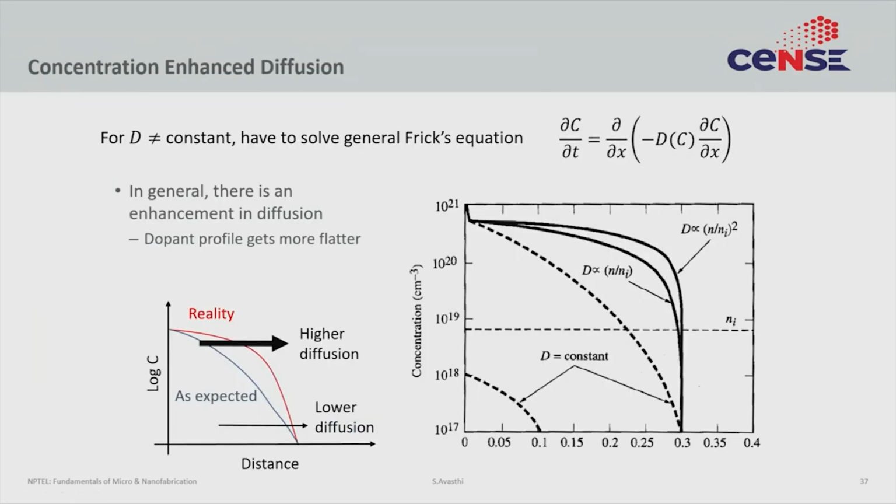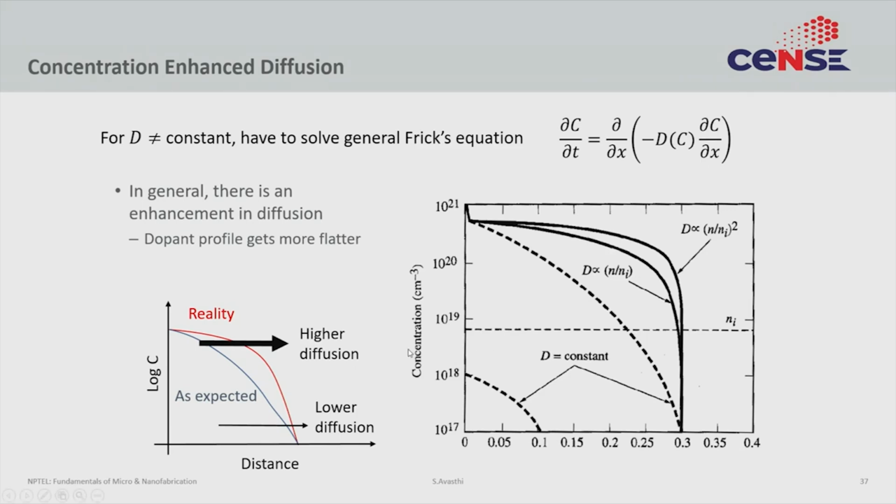Another advanced concept of diffusion is to understand that diffusion is not concentration independent. For easy math, we assumed that D is independent of C and made Fick's second law very easy to solve, but D is not constant. D does depend upon concentration because of complicated mechanisms that we have not discussed here, and if that happens,